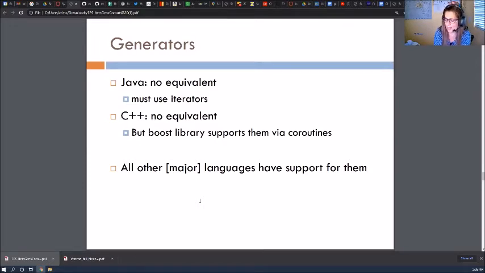I kind of lost track of C++, but I think there is some notion of coroutines in C++ that I am not entirely familiar with, but I'm going to talk about coroutines next. All the other major languages have support for generators, because they are very, very useful for collections. And we're talking about collections, we're talking about data.